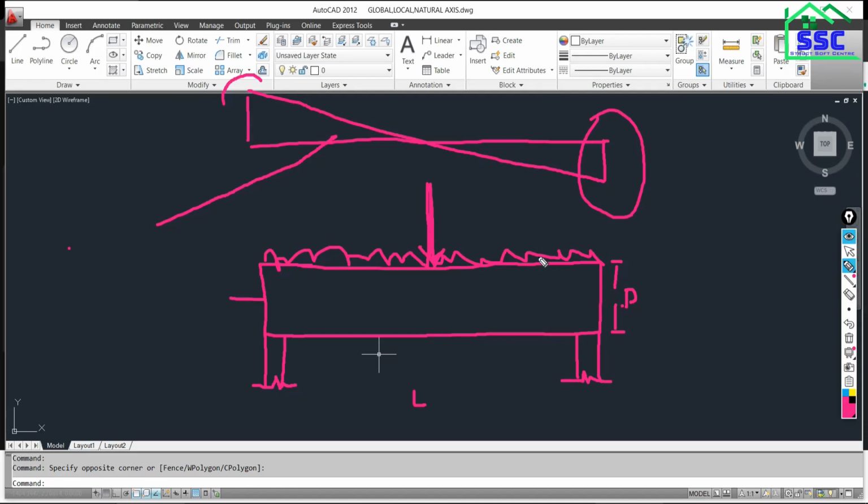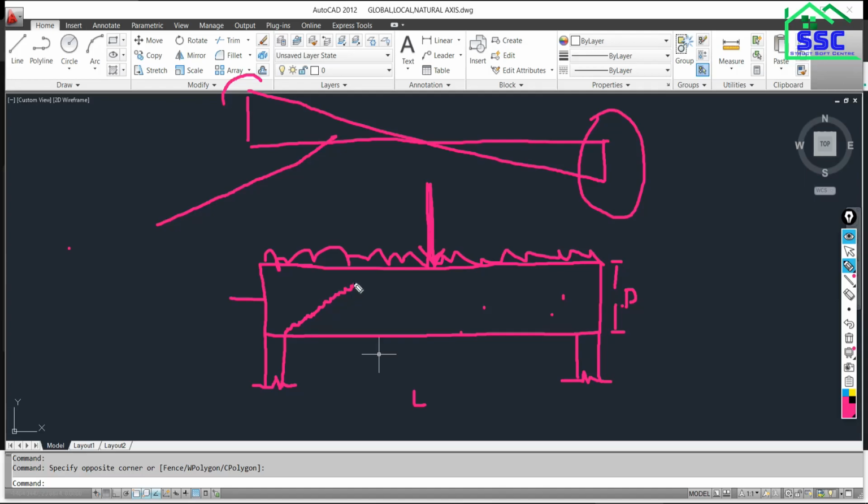Basically, if the load is within the capacity of the concrete, it is fine. If it slightly increases beyond the capacity of the concrete element, a crack is going to be created like this.